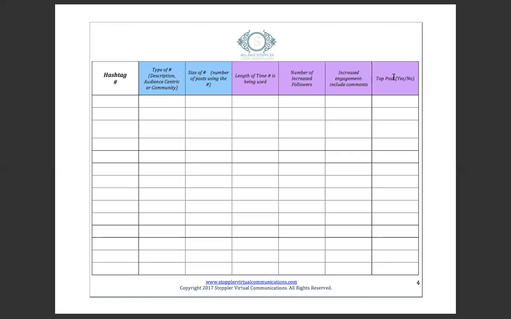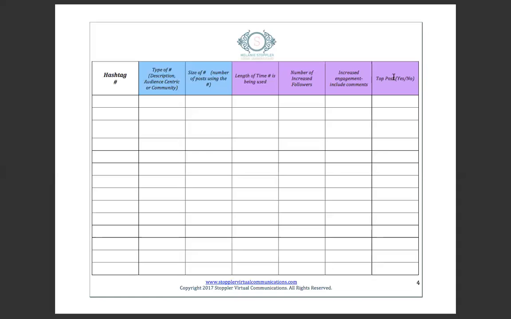So maybe you start out using hashtags in the tens or low hundreds of thousands, but be careful not to exceed hashtags that are maybe larger than 500,000 when you get started. And as a general rule, I would suggest that you don't use hashtags that are smaller than 5,000 posts. While it might be easy to get into those top post spots, people aren't searching those hashtags, so they may not find your content or your account.